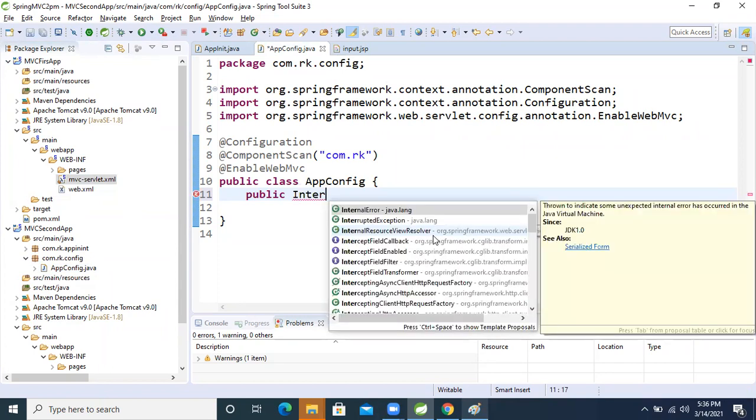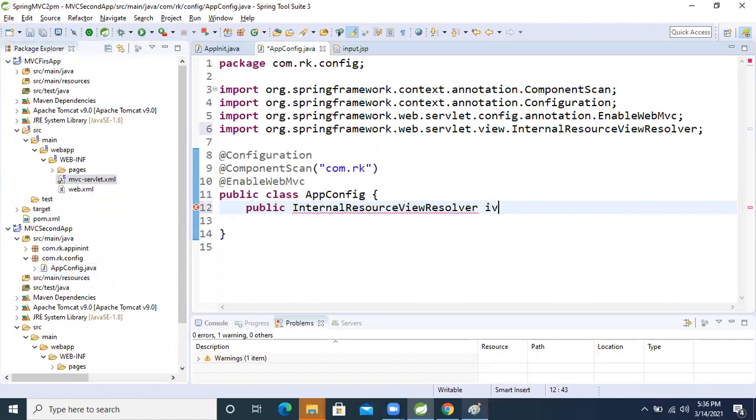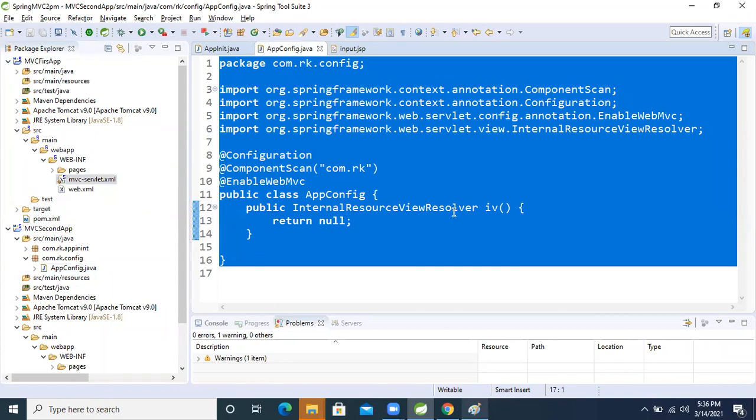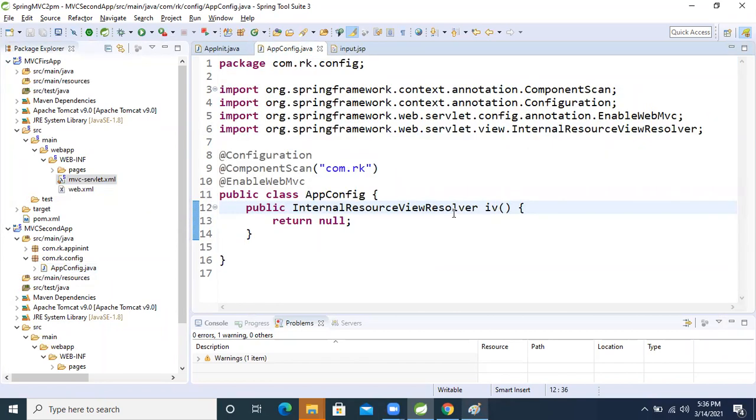So how will we write it? public InternalResourceViewResolver iv. For now I'm returning null, and after that I will return the actual things. Maximize it.